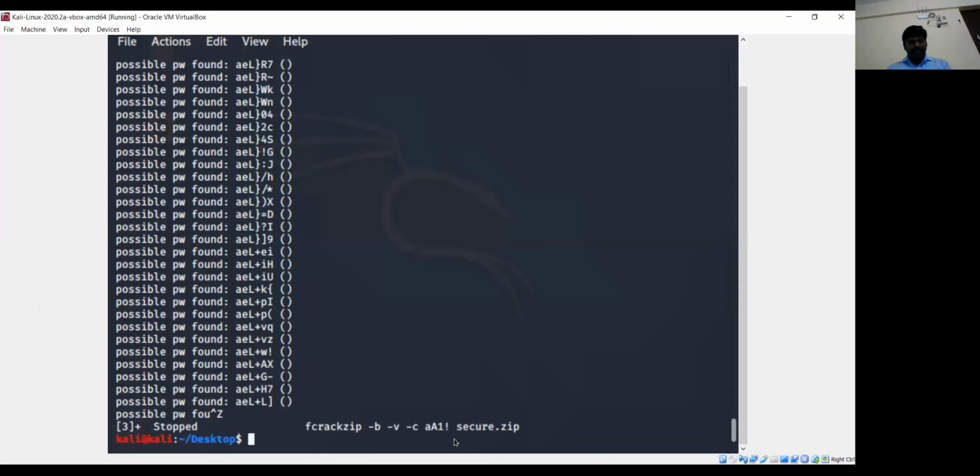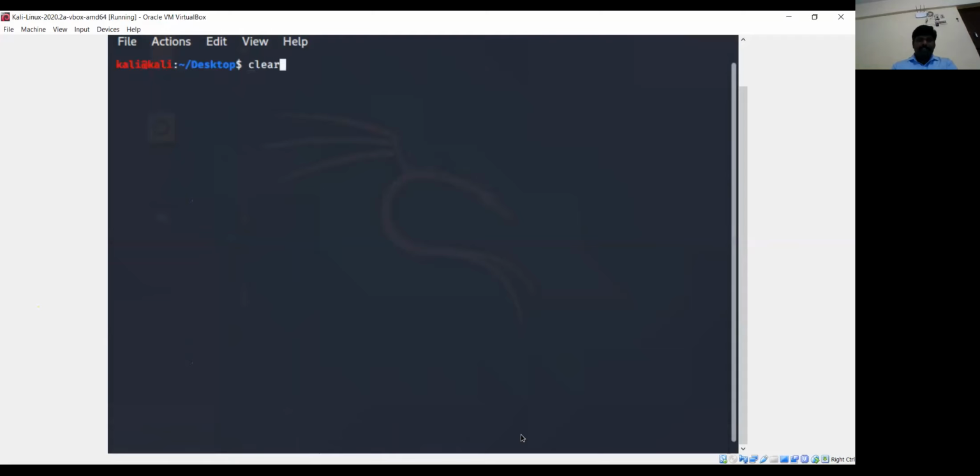I'll break here. Now suppose I have an idea that my password is only 6 characters, or 6 to 8 characters long. That can be defined again with minus l followed by 6 to 8. Let me clear the screen so that it will be clearer for you. Suppose my password is only in the range of 6 to 8 characters in length.